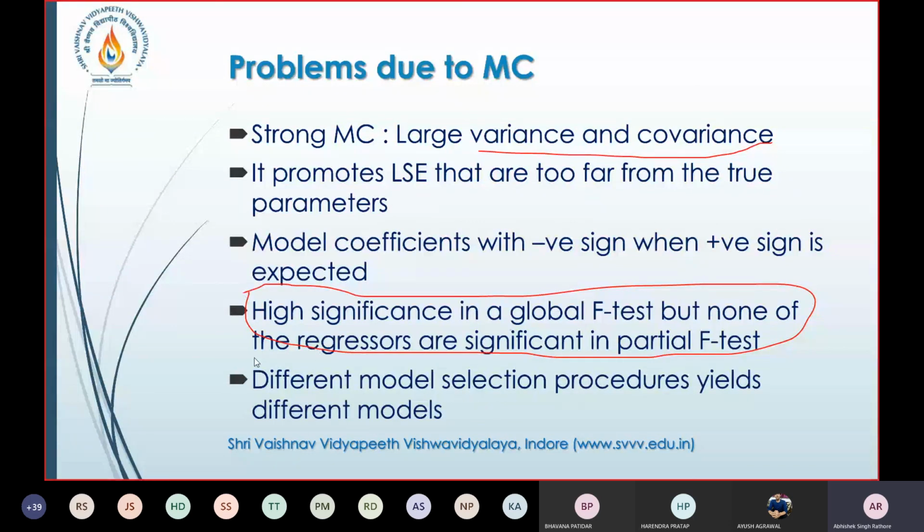Then again we are having different model selection procedures that lead to a different model. मेरे पास अलग अलग मॉडल है। मान लीजिए अभी तो हमने एग्जांपल में सिर्फ beta 1 और beta 2 लिया था। अब मेरे पास मान लीजिए 10 attributes हैं, तो मैं किस मॉडल को सिलेक्ट करूंगा? तो हम एक बेस्ट मॉडल सिलेक्ट नहीं कर सकते। एक टेस्ट के लिए कुछ मॉडल आ रहा है, दूसरे टेस्ट के लिए दूसरा मॉडल आ रहा है. So we do not rely that we are going for a very good model. So these are some problems that arise due to your multicollinearity.